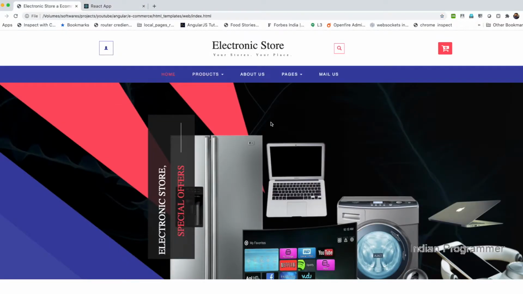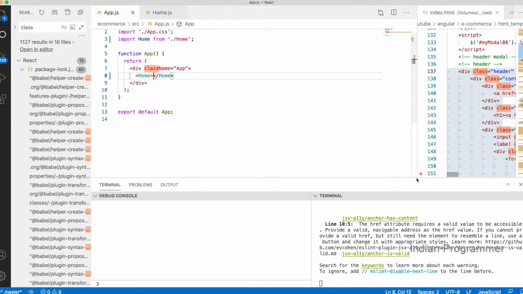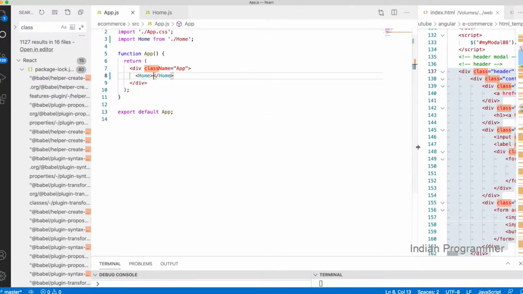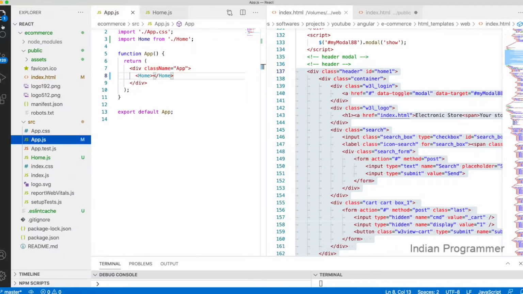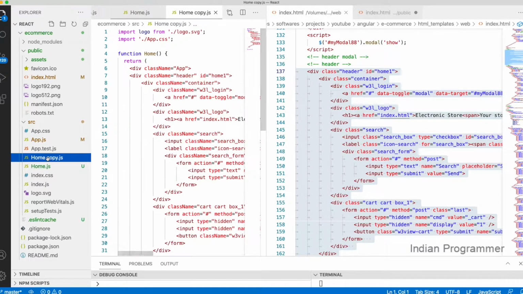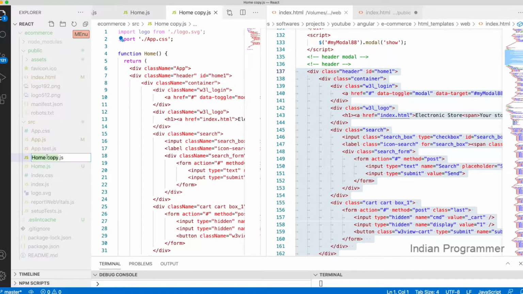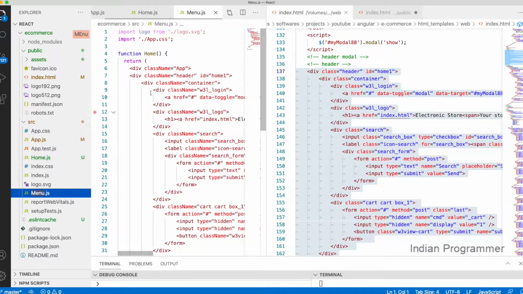Okay, now we will add the menu in the same page. Maybe I can create one more component called menu, so that I'm able to integrate. So here also I'm adding menu.